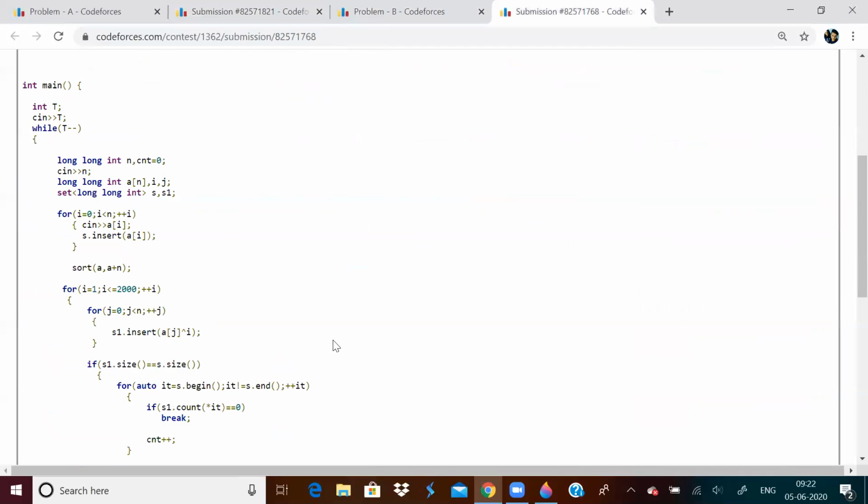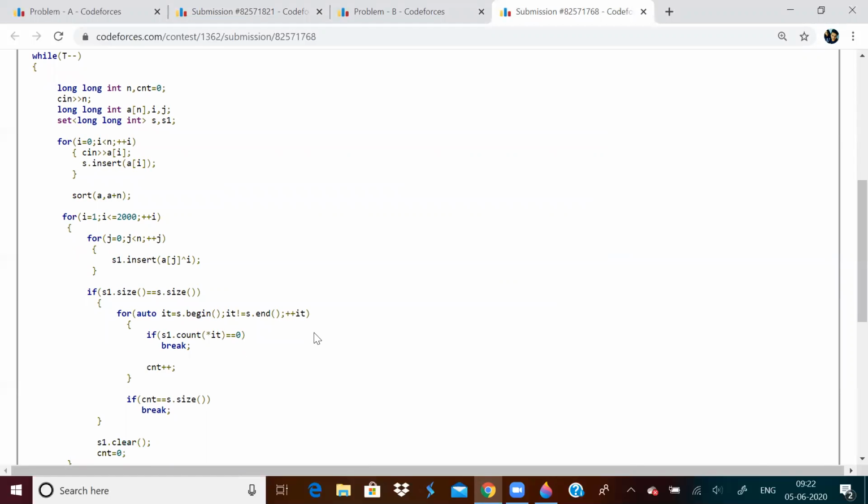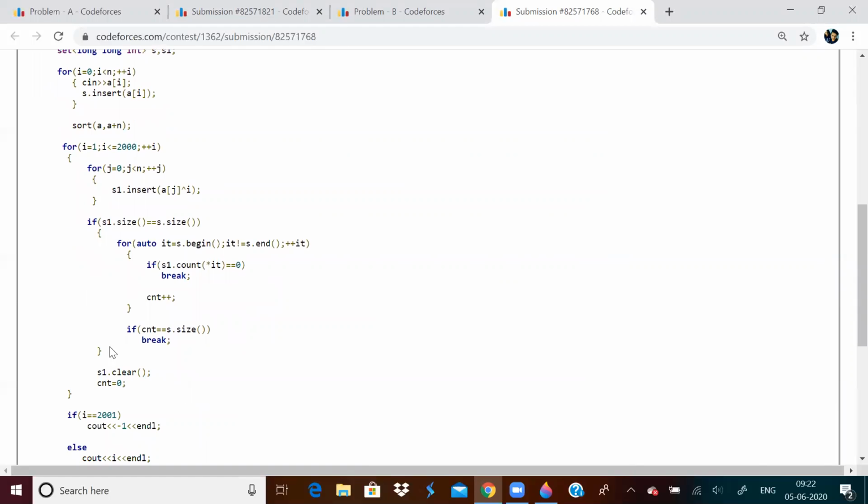And actually that is what I did. Just take the array, input the elements and insert all the elements into a set, and O of n square solution will do. So I ran a loop from I equal to 1 to 2000,